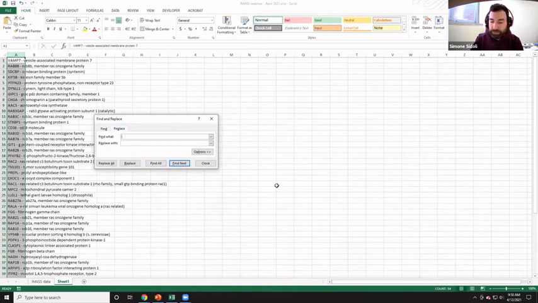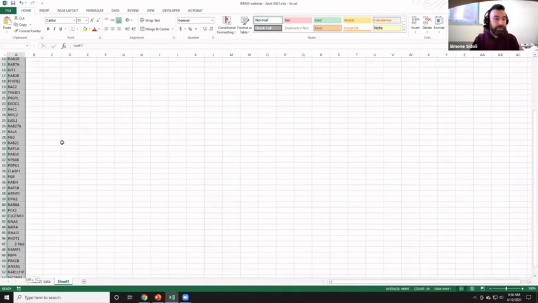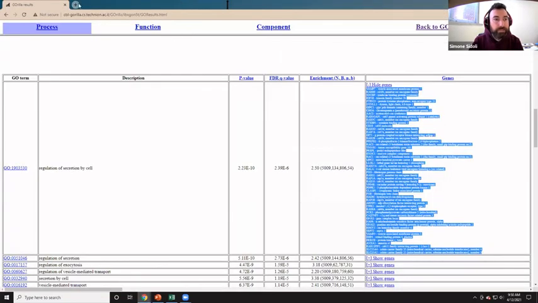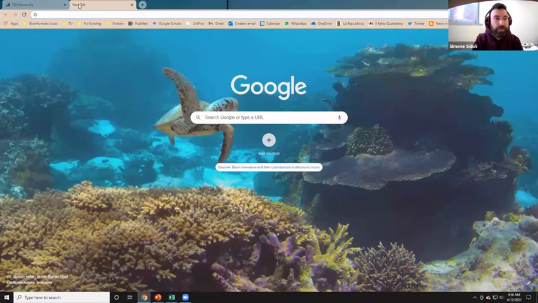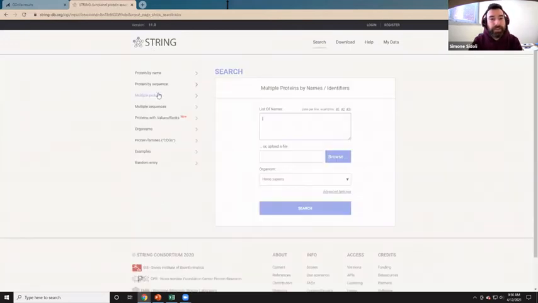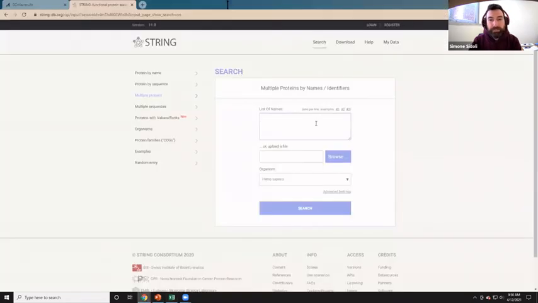We replaced space and everything that comes after the space with nothing. And then this list of genes, for example, we can upload them in a software for protein-protein interaction. For example, STRING. So if you go here and you click on multiple proteins input, what you can do, you just copy-paste your list of genes, and you tell the software